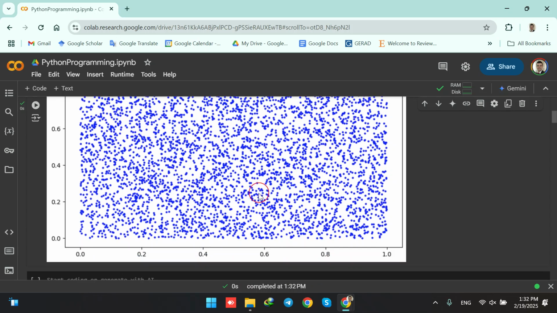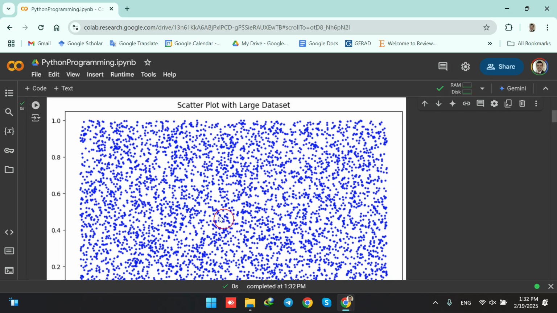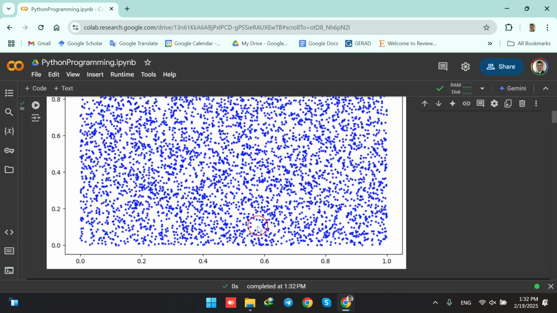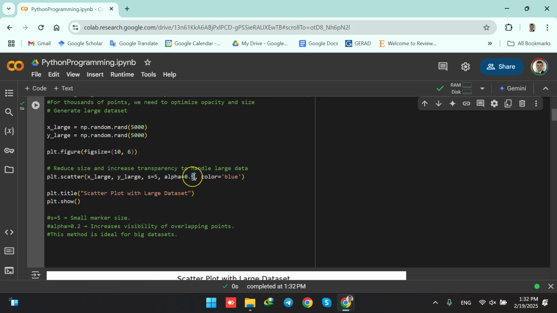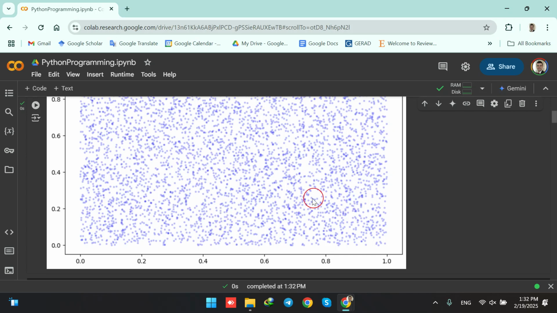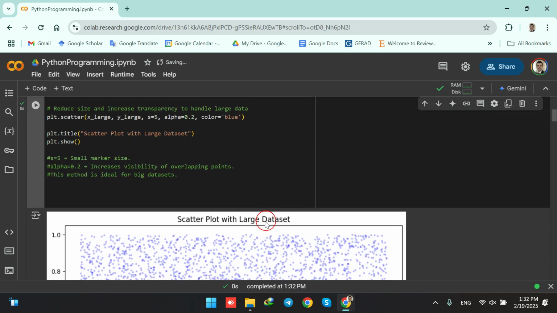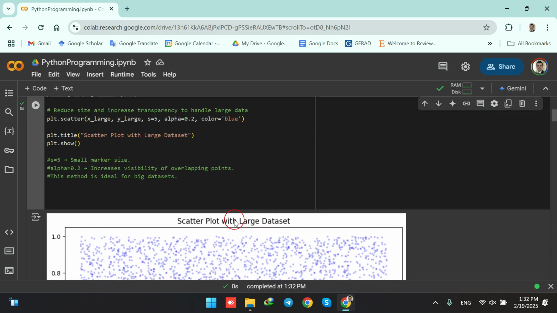You see, everything is very strong and the color is very solid, so you cannot understand the overlaps. But when we have, for example, 0.2, we can trace it very well. Okay, so these are the technical things that we learn over time, for example, how to reduce the size and how to